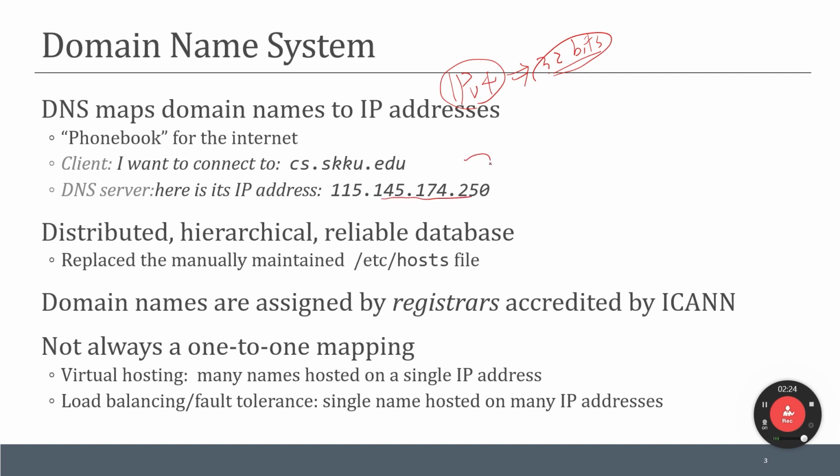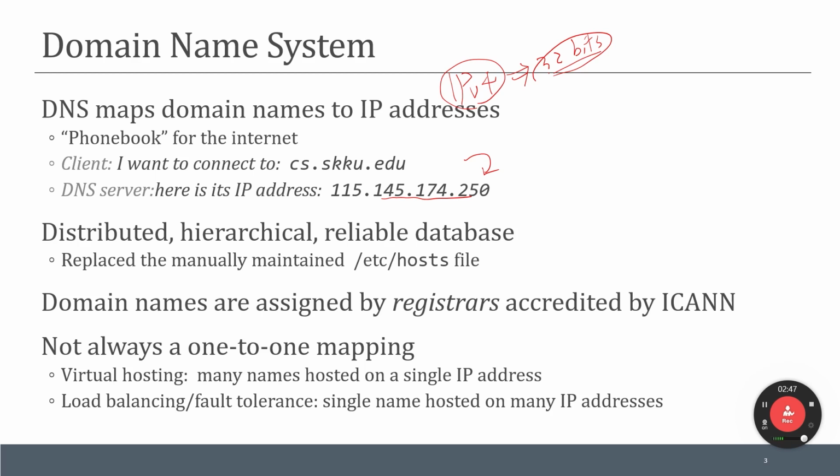So how does this work? Somehow we need a DNS server that converts this domain name to an IP address. And the current scheme of the domain name system is a distributed, hierarchical, and reliable database.